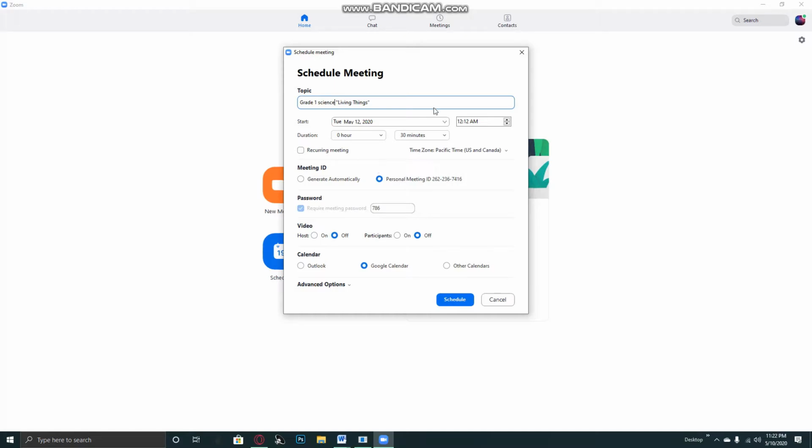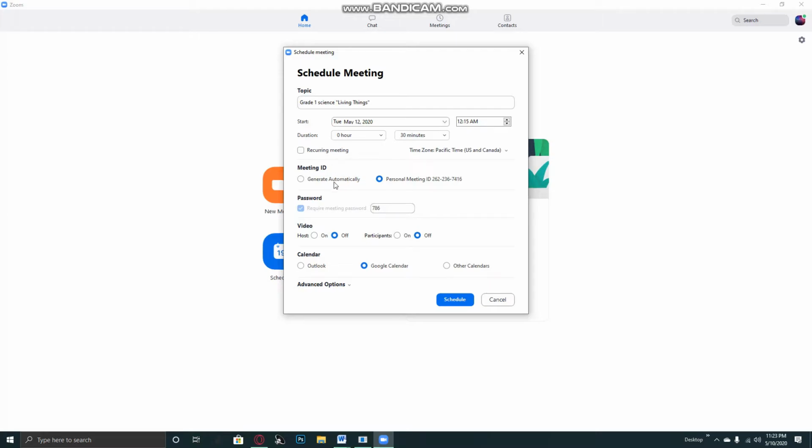Zoom will take care of this when I check this. If it's every day at 12:15, a 30 minutes science class. Right now I'm not checking this because I want this control at my side. I'll choose myself. I can adjust my time as per availability.